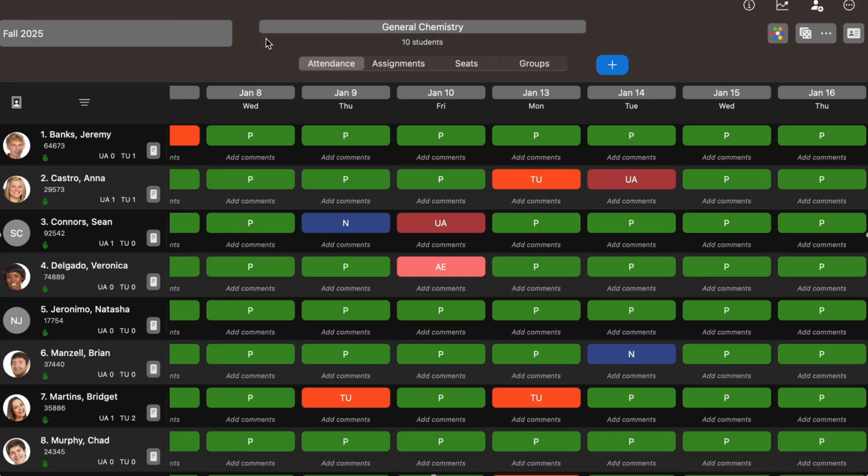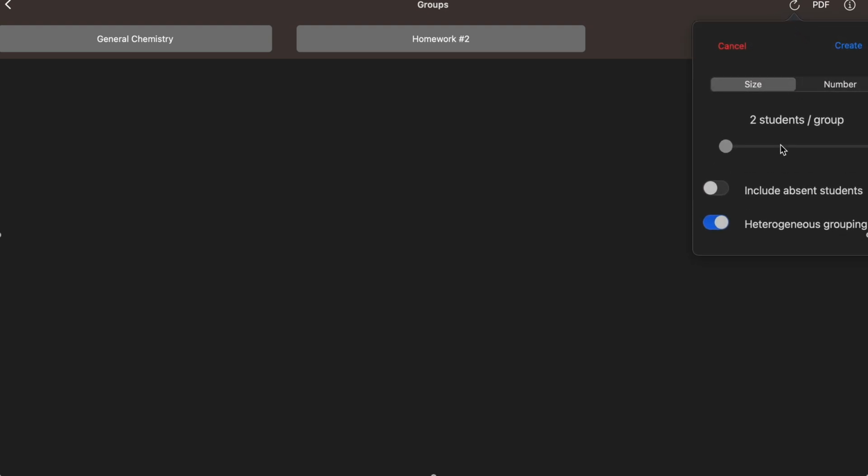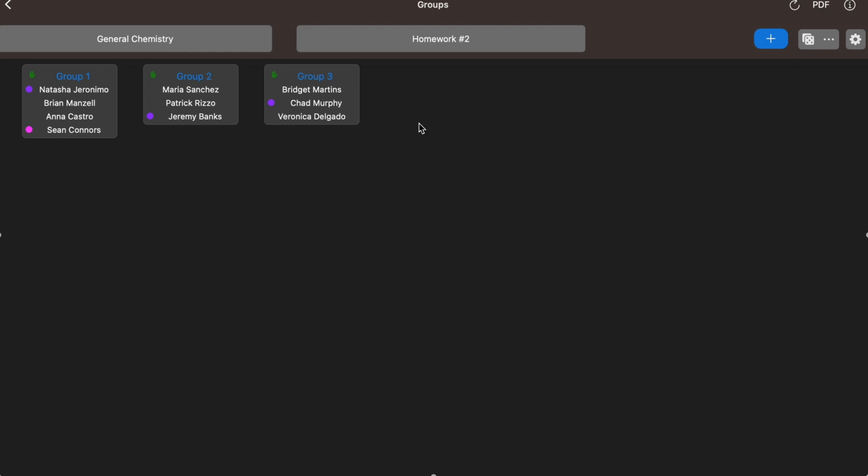The other useful screen for these options are the group screen. Now when creating a new group, I'm going to remove that. Let's go to the top where we create new groups. There's the option for heterogeneous grouping, and I will choose a group size of 3 and create. And what this does, as you can see, is all the IEP students were placed in a different